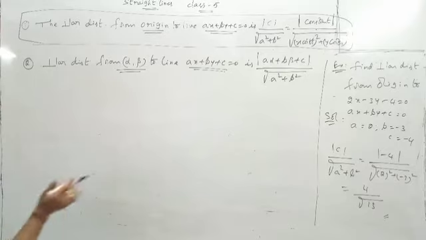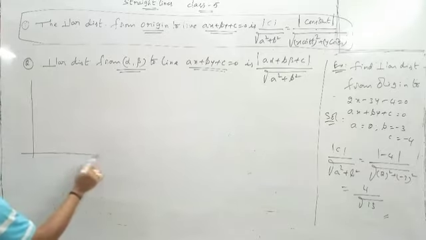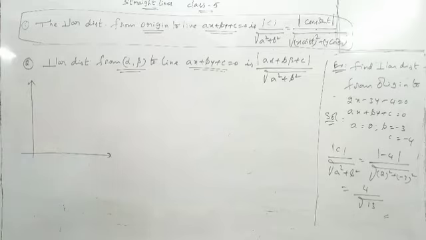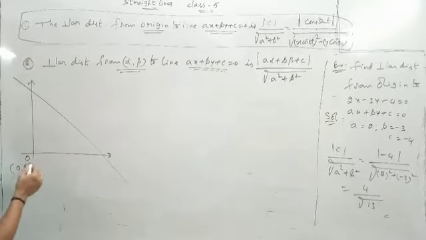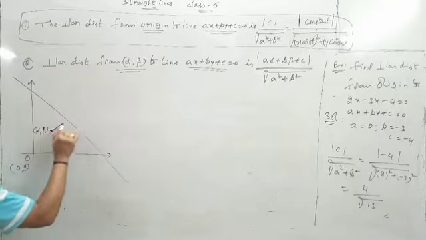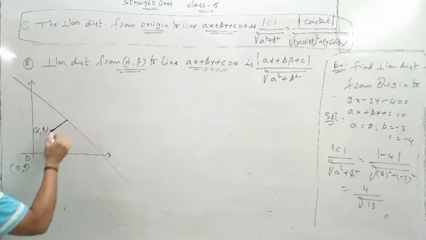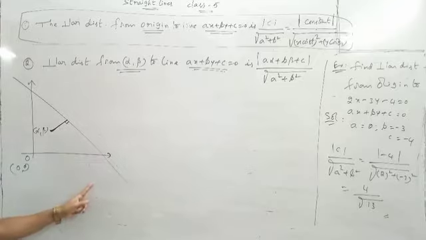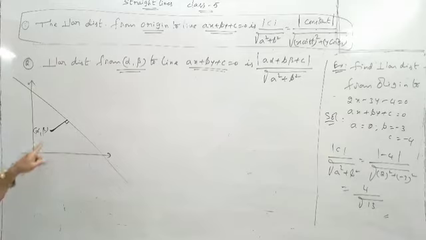So this is the axis and here is a line ax plus by plus c. That line is like this. Suppose this is our origin 0 0. We have to find the distance from, not from origin, some point here alpha beta. We have to find this distance, perpendicular distance. This is the original axis and we have to find perpendicular distance from alpha beta to the line. How can we do this?